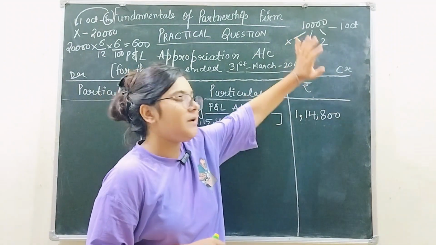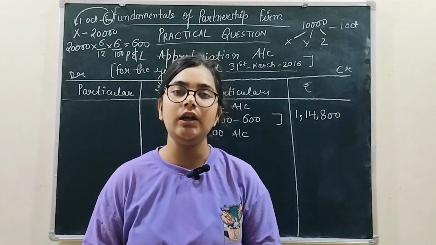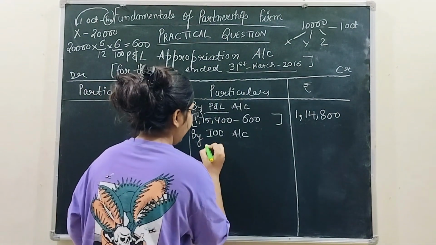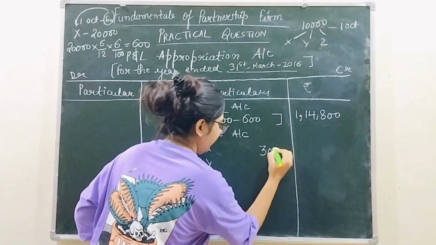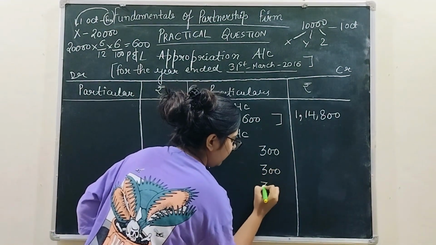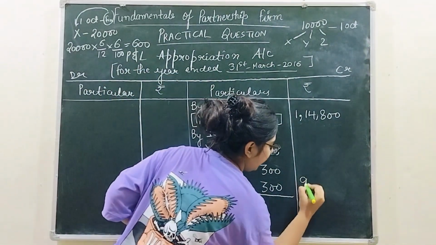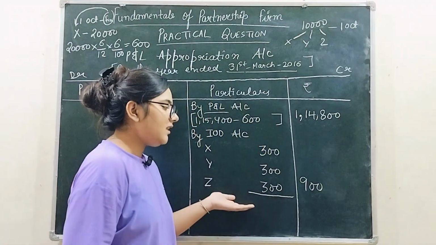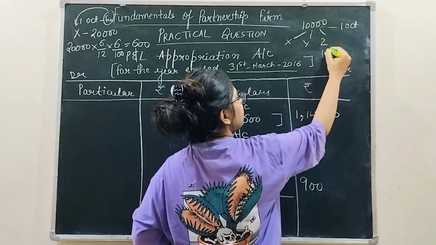तो जब आप 10,000 के 6% के हिसाब से 6 महीने का इंटरेस्ट निकालोगे, it is going to give you 300 for each, right? X, Y, Z. It is going to give you 300, 300 and 300. Right? Add the 3 and write outside 900. If you are still thinking how we got the 300, so 10,000 plus 6%